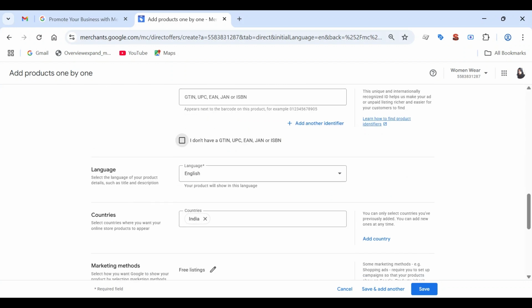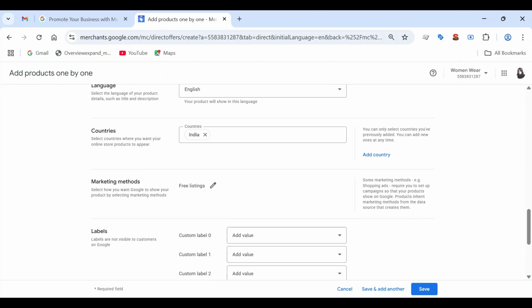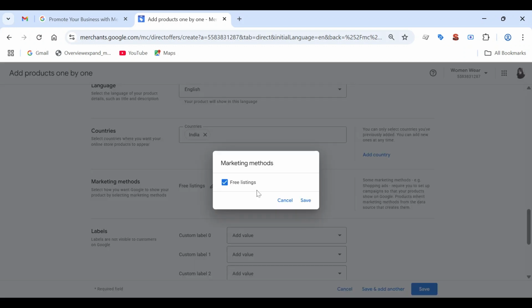Then what is the language you want? What is the country, right? Now free listing, do you want only free listing, or do you want to proceed with any other Google ads? So here, if in future you choose to go for shopping ads, Google Shopping ads, then one more option will be visible here to show in ads. And also, if you have a physical store where you are selling these products, one more option will be visible here, like product is available in offline store, right? But currently, since I have chosen only one option, that is why only free listing is available.